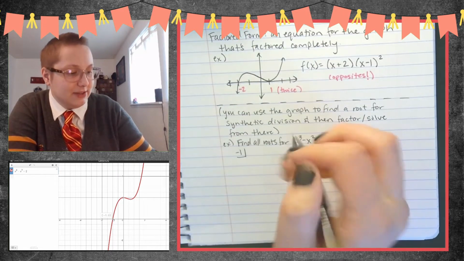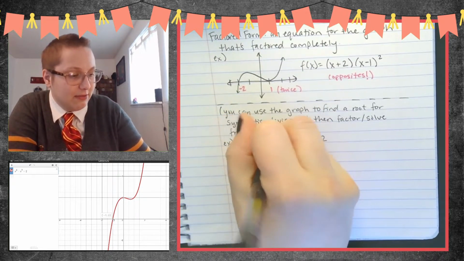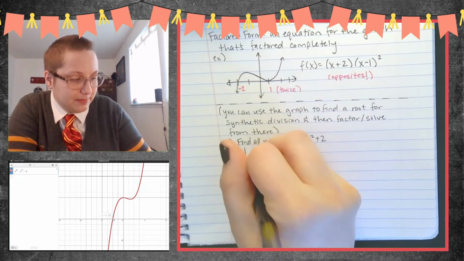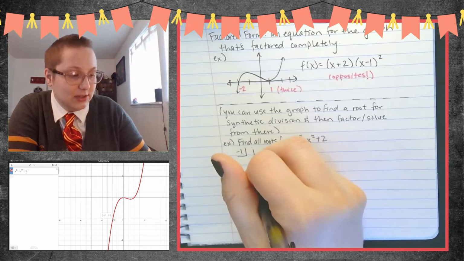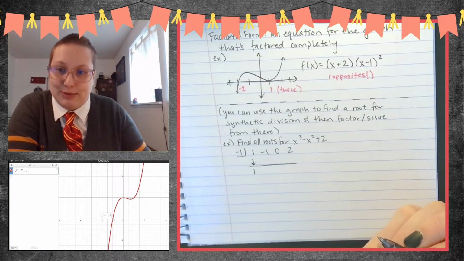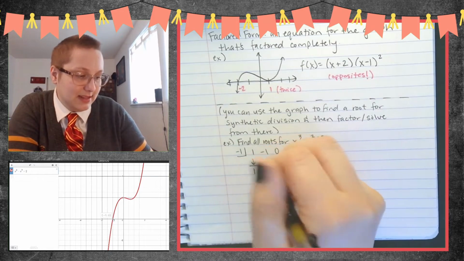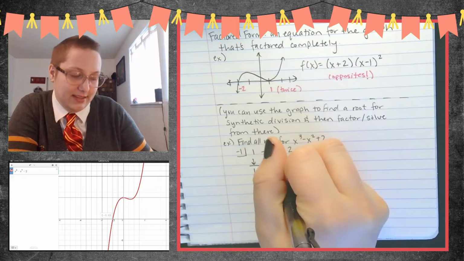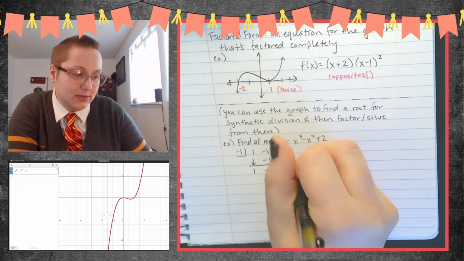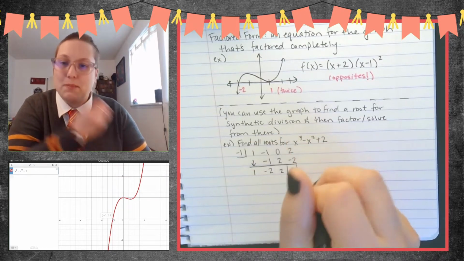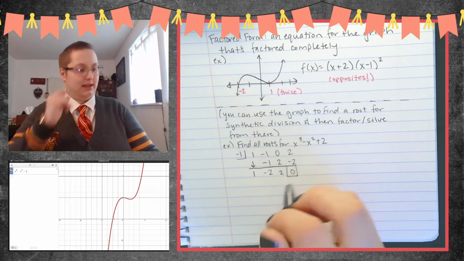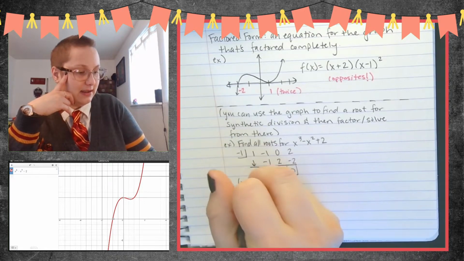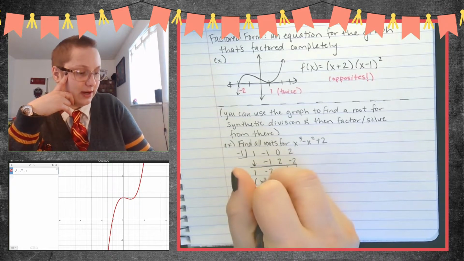Okay, so then I use my synthetic division. 1, -1, missing x, that's 0, and then 2. I drop down the 1, multiply and add. Multiply, that's -1, add, that's -2. Multiply, that's 2, add, that's 2. Multiply, that's -2, add, that's 0. Beautiful. So then I get an x plus 1 and then an x squared minus